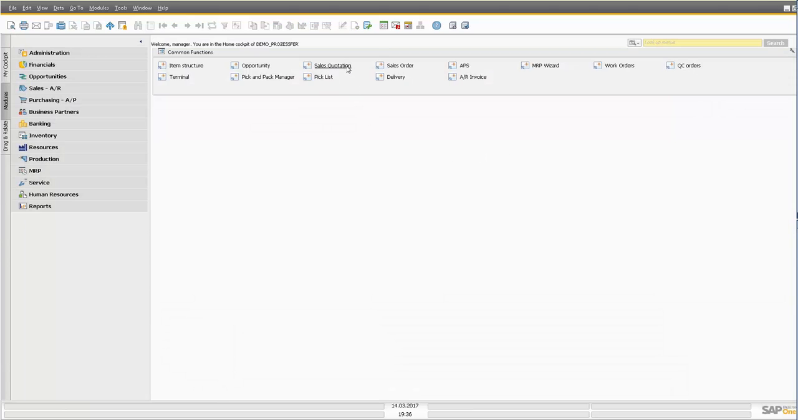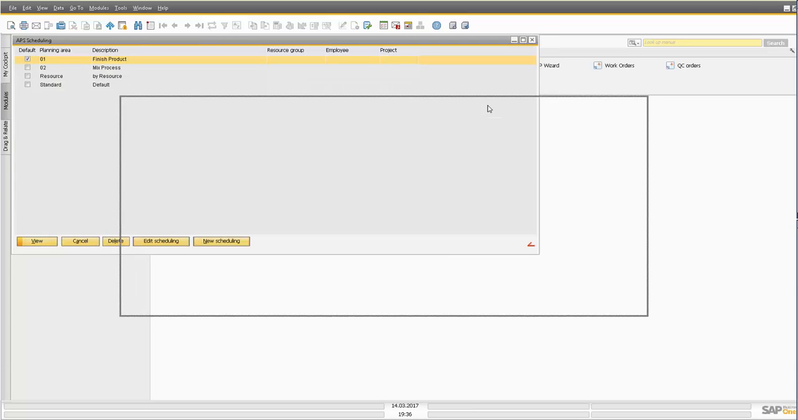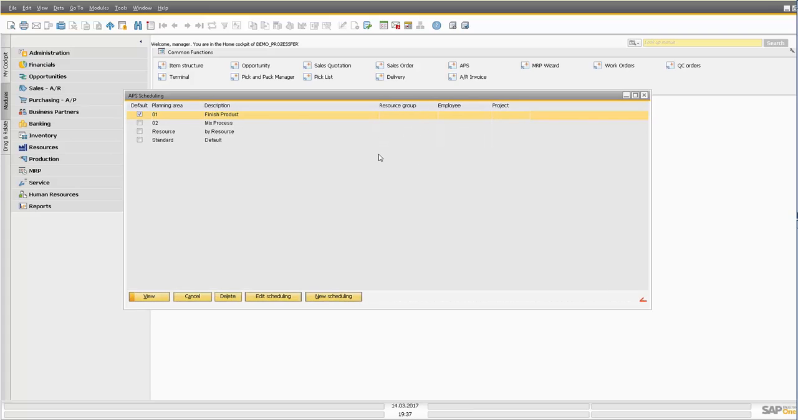So we come from quotation to sales order, and now I want to show you a function called APS. It's Advanced Planning and Scheduling. It's a planning function, a planning module. If you open this function, or if your staff, your planner, opens this, he gets some planning scenarios. So I have several planning scenarios. I simply want to use one scenario. I called it finished product. This is a scenario which filters automatically on my sales order